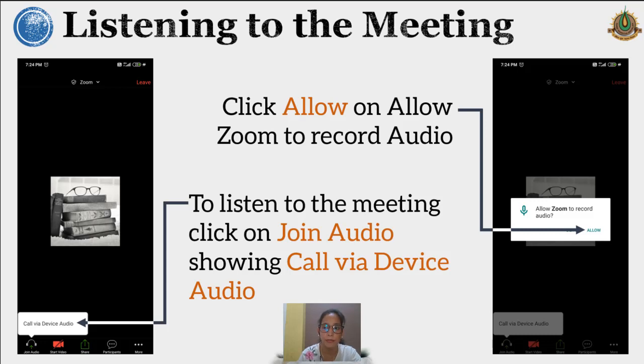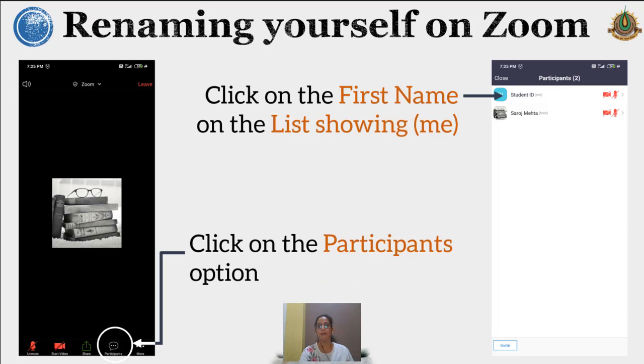When clicked, you will be asked permission to allow the Zoom app to record audio. Click the allow button. If you enter the meeting with an incorrect name or with the device name, no need to worry. You can rename yourself in the app itself. Simply click on the participant option and your name will appear on the top of the list.